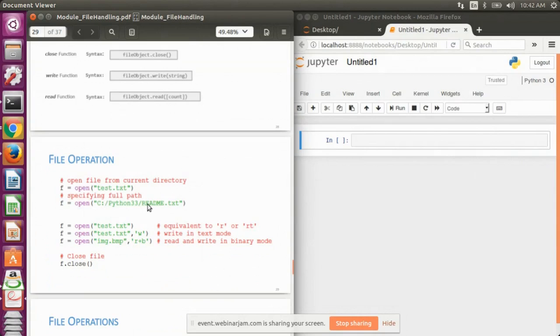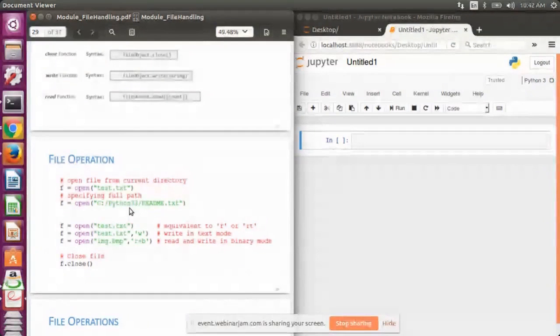Like here, readme.txt is saved in a folder named Python 33, which is stored in the C drive. So that's why the full path of this particular readme.txt is C colon slash Python 33 slash readme.txt.